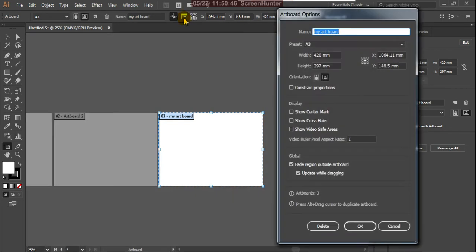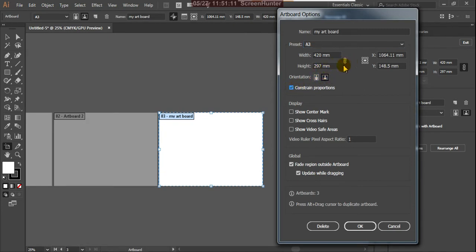Suppose you click here, so there are the artboard options. They show the width 420 mm, 297 height. Okay, and this is the X value and the Y value here. The same artboard presets are displayed here, and the same orientation, vertically and horizontally, and proportionately.